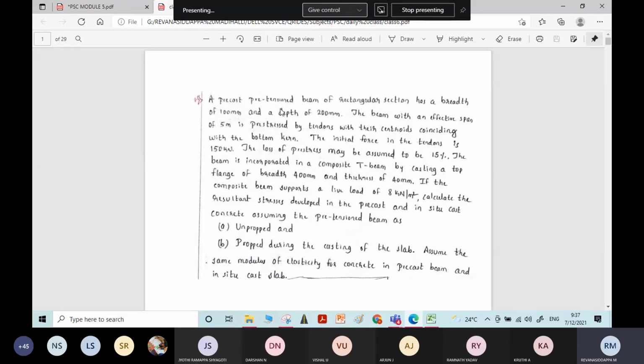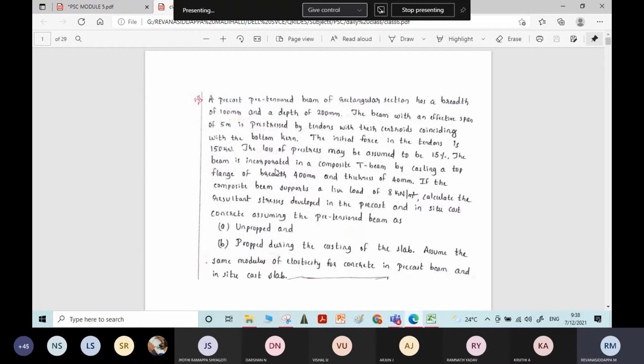A precast pre-tensioned beam of rectangular section has a breadth of 100 mm and depth of 200 mm. The beam with an effective span is stressed by tendons with their centroids coinciding with the bottom curve. I will explain what is the meaning of this bottom curve. The initial pre-stressing force in the tendons is 150 kN. The loss of pre-stress is given as 15%, and the beam is incorporated in a